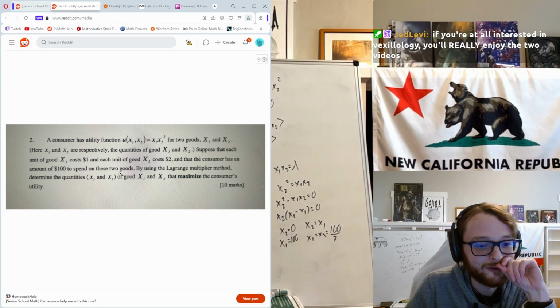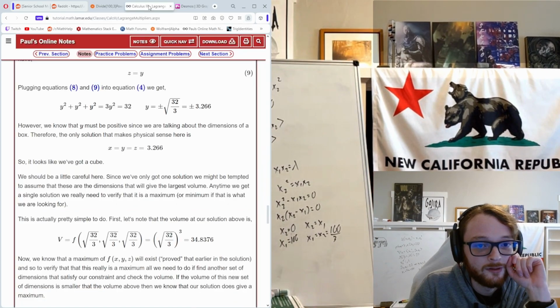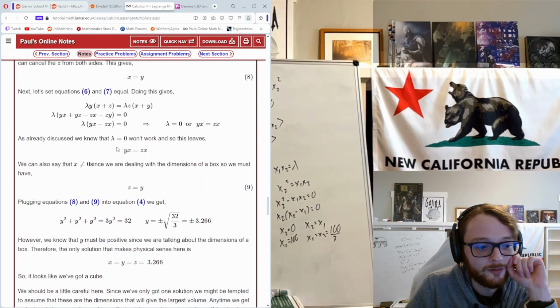All right, back to this Lagrange multiplier. This is the problem that I was initially working on. Two-variable optimization with a constraint, so we use a Lagrange multiplier. So technically, we should verify that it is indeed a maximum. I'm like 99% sure that it will be, and Jeff verified it by making it into a one variable problem.